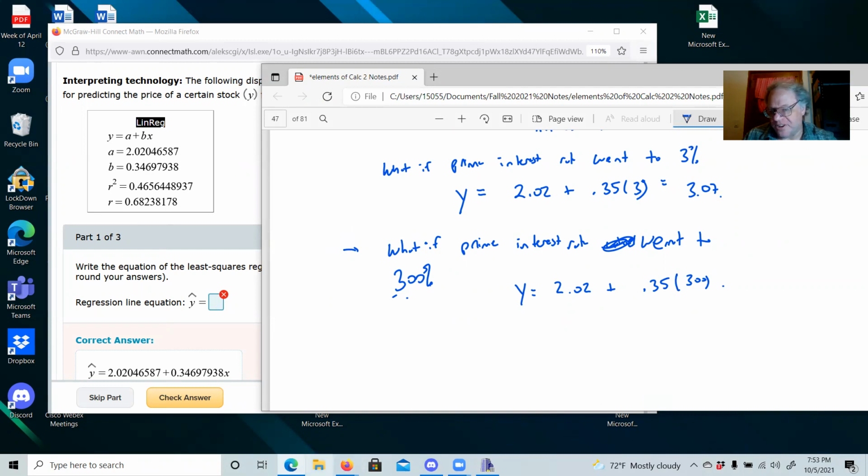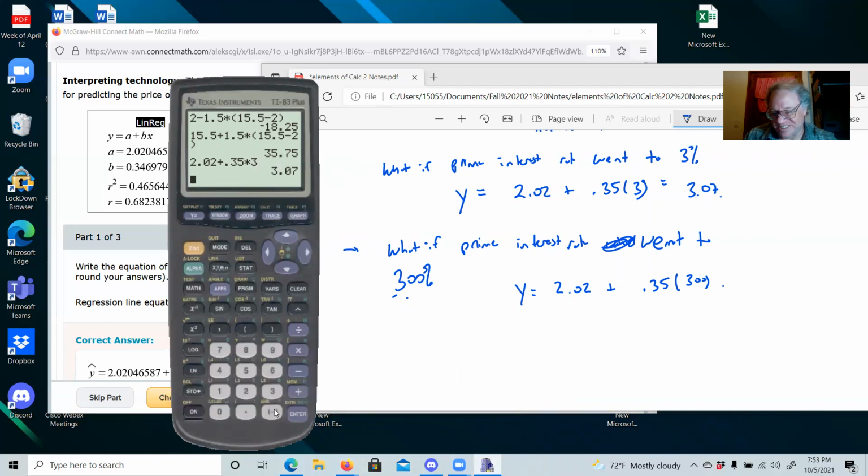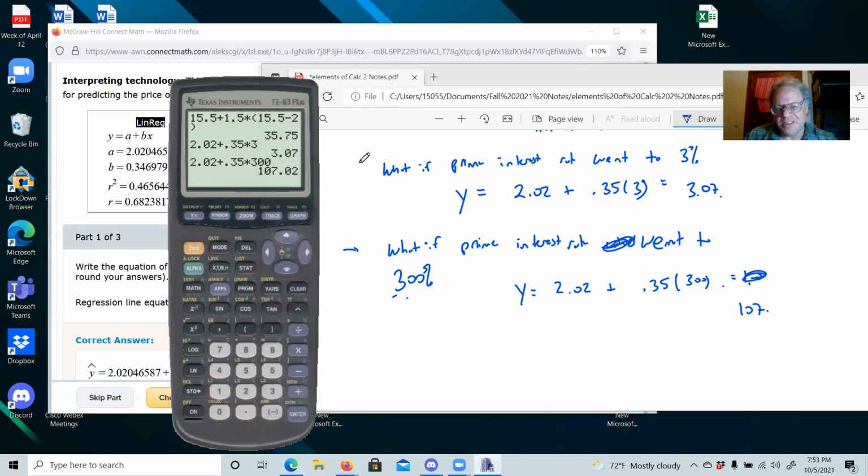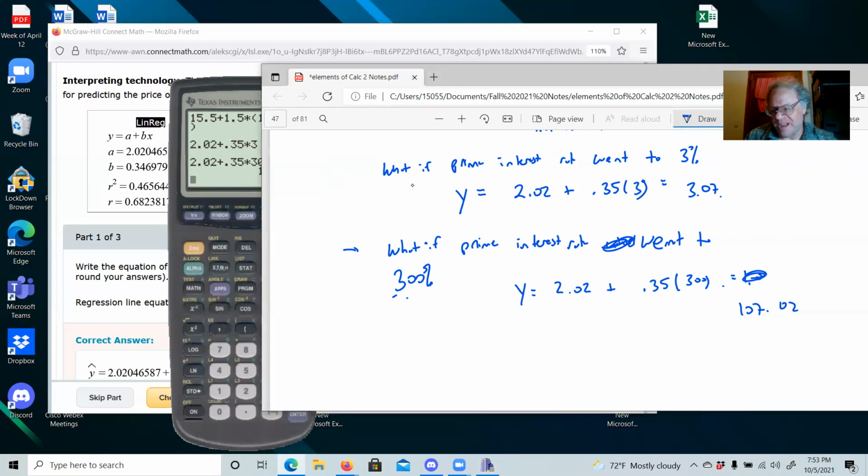If you don't know anything about economics, I got some news for you about this one. If the prime rate, that's the rate at which banks borrow from each other, went up to something ridiculous like this, our economy is going to grind to a halt, because nobody can borrow any money at all without paying loan shark rates. Even though this number might look like, well, that seems reasonable, no, it doesn't. If prime rate went over what it usually does, it's low, like 2% or something, if prime rate went up to like 100% or 300%,